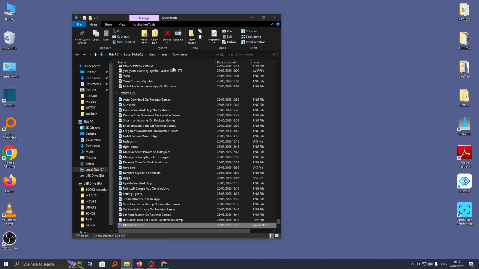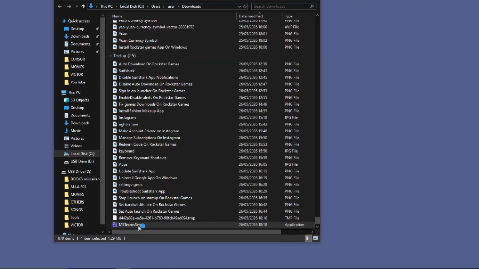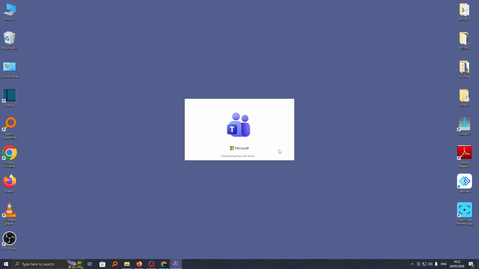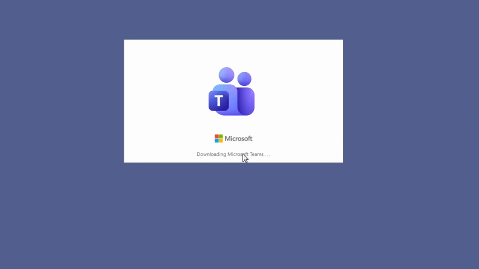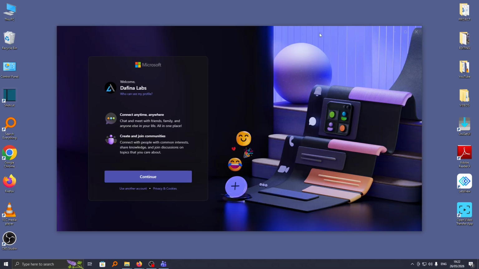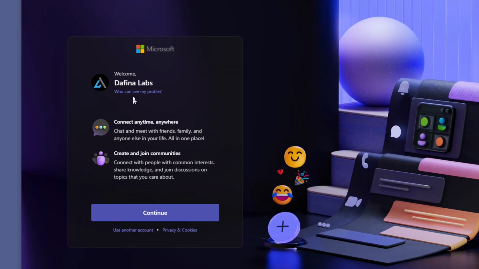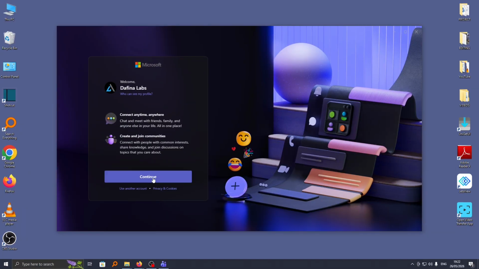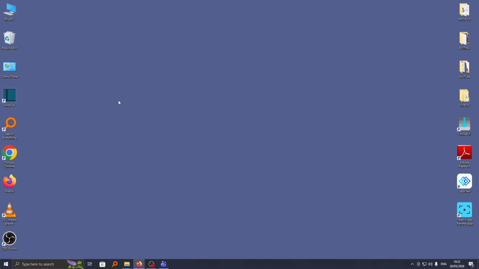Now it's time to run the setup and install Microsoft Teams on our computer. To do this, just double click on this Microsoft Teams setup here to run the installer. So this will launch the installer to download all the files needed for Microsoft Teams. Now, once it's done downloading, you can now sign in with your email account or with the Microsoft account and continue. So this program, as you can see, it is installed,